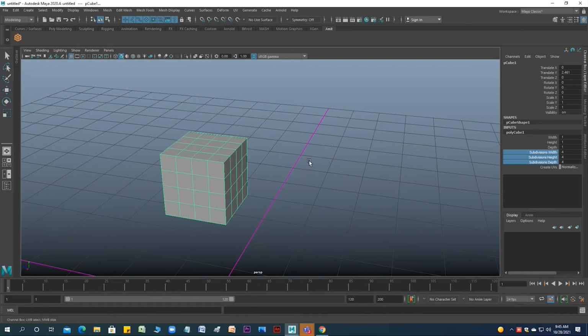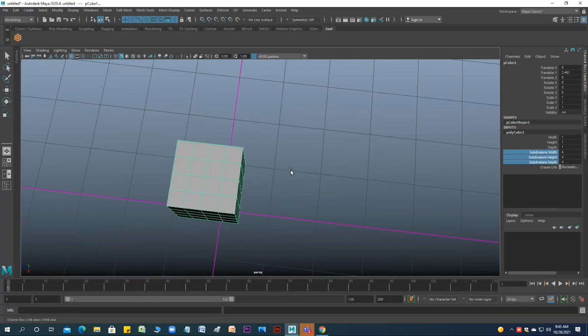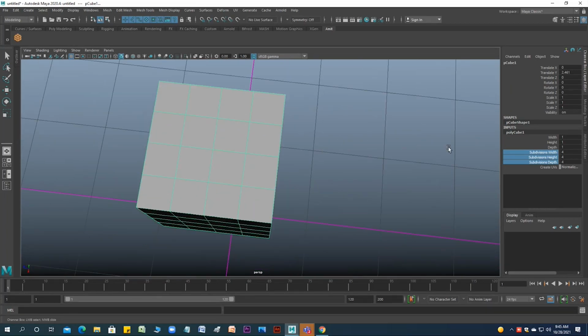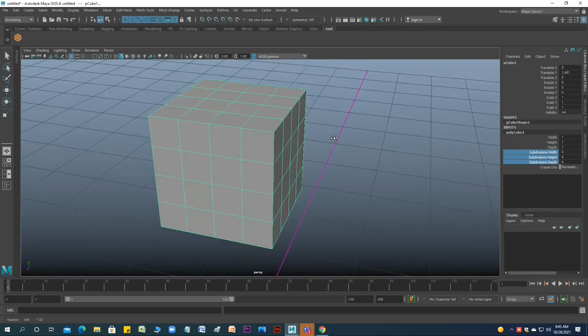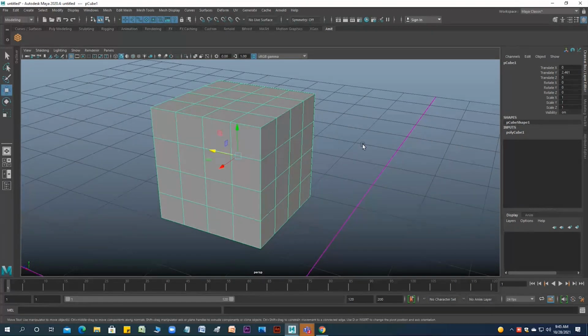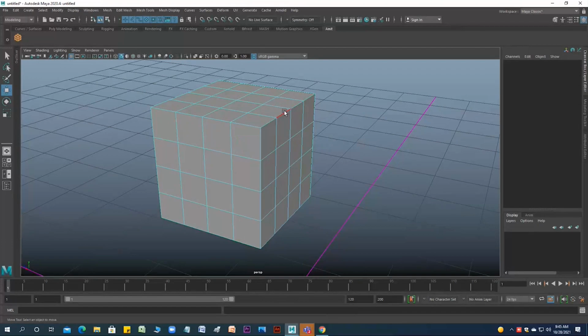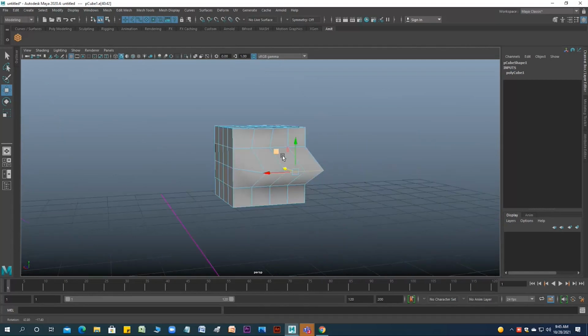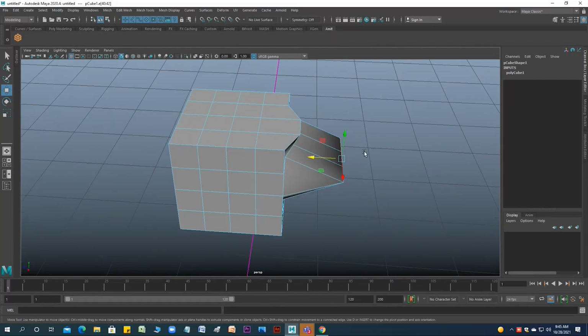After some practice sessions, you will be in a position to decide how many subdivisions you want in your polygon. So it's easy. Selection is also easy. You need less time, let's say for this one, as compared to the dense geometry. So always start with less subdivision, at least the minimum requirement.